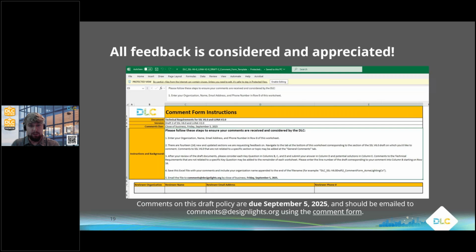And in addition to providing feedback on this, I wanted to make sure you clearly understand how you can participate in the DLC SSL version 6 and Luna version 2 technical requirements development. If you haven't already seen it, Draft 2 is out, and along with that is a comment form. Just like Leora summarized for Draft 1, we're looking forward to getting a ton of comments, and we want